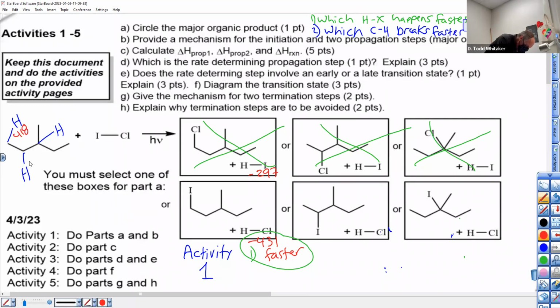418, 402, 389. What's the sign when you're breaking all of them? Positive. I'm going to be real clear. I'm just going to put the positive. You don't have to put a positive, but